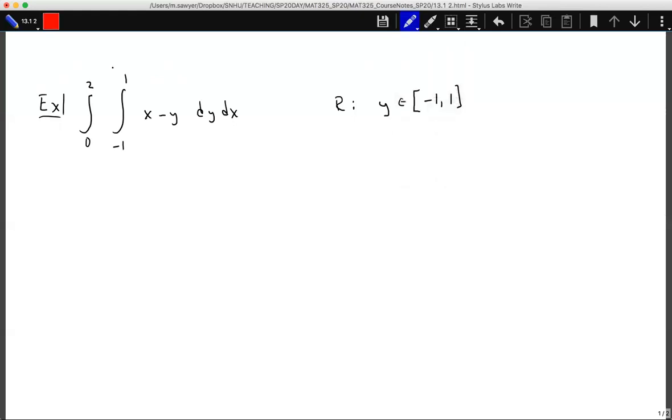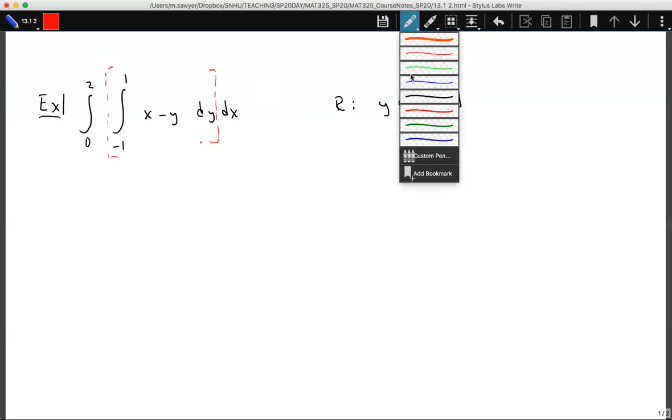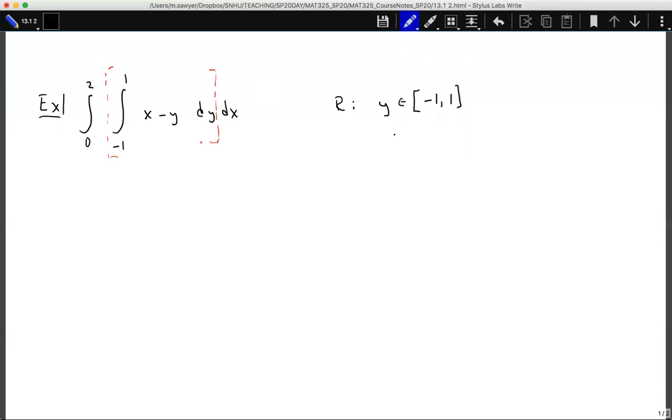This is because if I look at my inside integral, just like derivatives, you can think of this as a nested operation. The inside piece is with respect to y, and then the outside piece, the resultant, is with respect to x. So y has its bounds from -1 to 1,